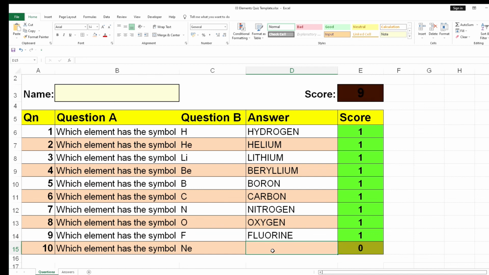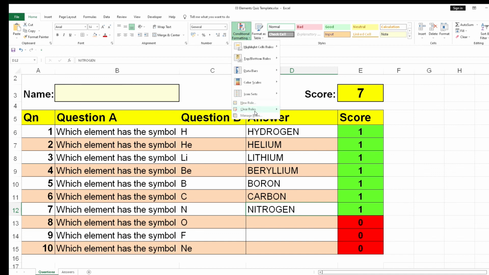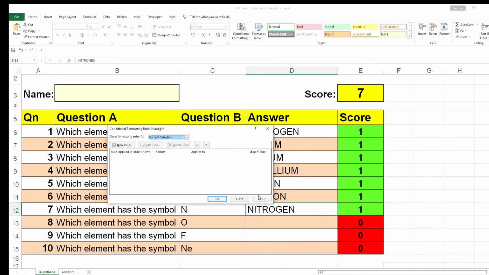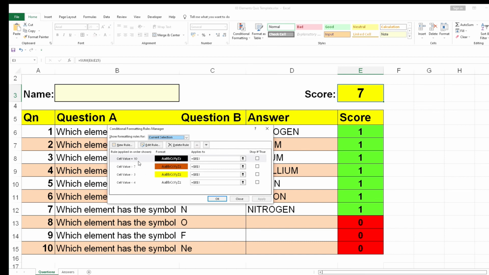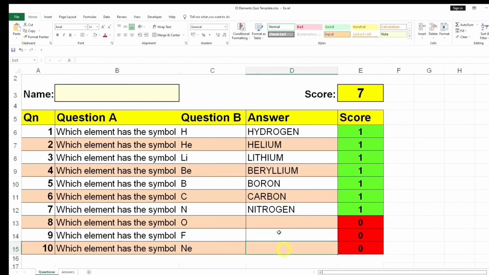And then let's start deleting some of these answers. So now we're down at that brown belt level. Okay, now we're down to the yellow, and it will go back to white. So if you've got time, you could go back into conditional formatting, manage the rules. No, sorry, it's not going to work because I'm not on the right one. Click on that one, manage the rules, and you could have a different colour for each score, so that as people get more questions right, they change. So then you would use cell value equals 10, cell value equals 9, or maybe is greater than 7. You might leave that one, and then you might do one for equals 6, equals 5, equals 4, equals 3,